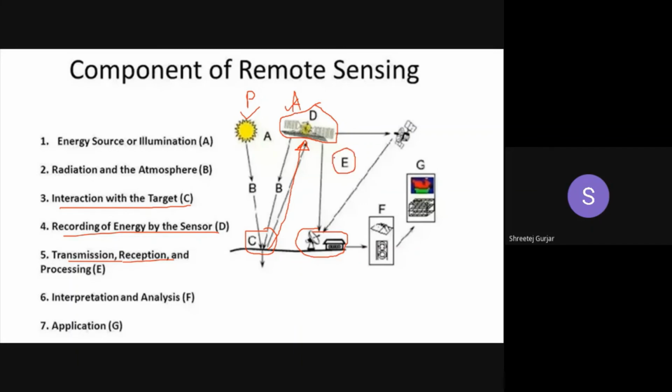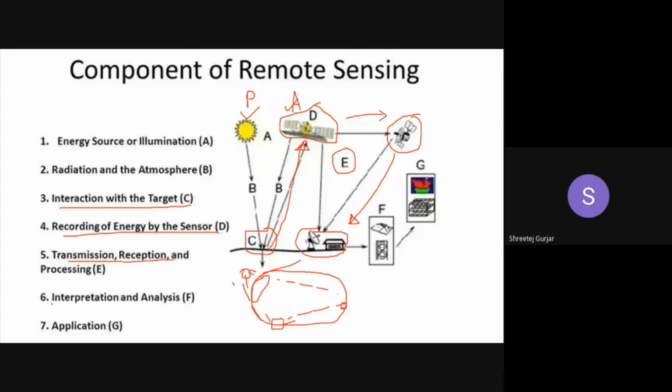Or else what we can do is, if we are at a remote location at a different position of the earth, right? So our satellite is here, and we are studying this part of the earth, and your ground station is placed over here. So we cannot just directly transmit the data from here. What we do is we send it to another satellite which is nearby to our ground station, and then that satellite will send the data to us. So that is also a part of transmission. Okay, sending it to another satellite nearby to the ground station and then transmitting it to the ground station.